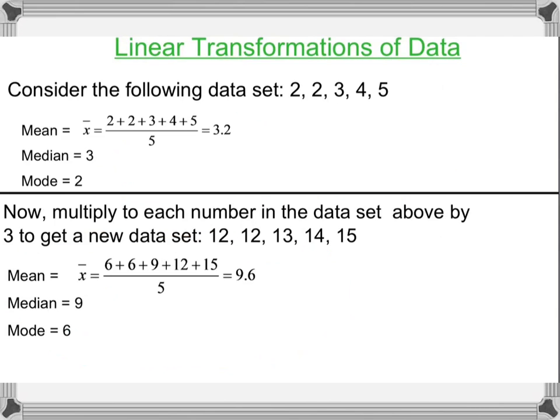Okay? Now let's take the same set of data we had before, 2, 2, 3, 4, 5. So the mean was 3.2, the median was 3, and the mode was 2. Let's multiply each number in the data set by 3. So we'd get,